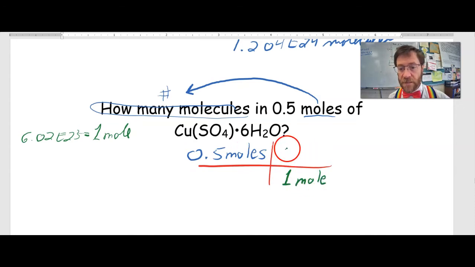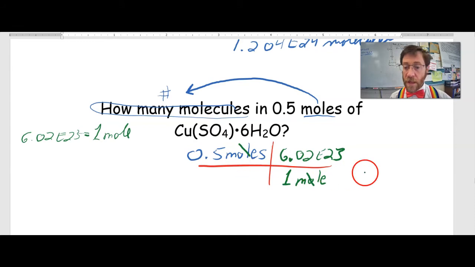And 1 mole is equivalent to 6.02 times 10 to the 23rd. Let's make sure that's there. Double check. Moles indeed do cancel out. The math will be 0.5 times 6.02 times 10 to the 23rd. That'll be 3.01 times 10 to the 23rd